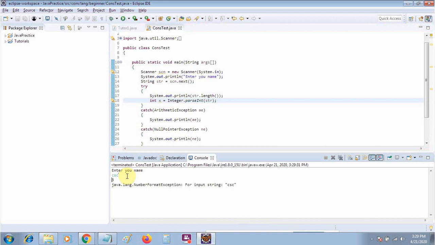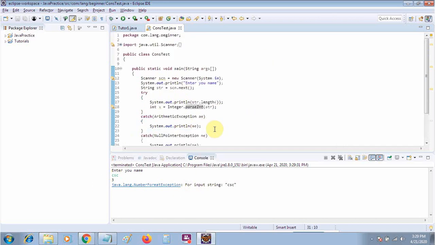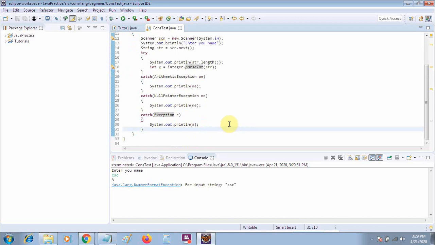You can see the appropriate exception will appear. It's not arithmetic, it's not null pointer, but all the exception classes can come under the single try. This is the most beneficial use of multiple catch blocks for multiple exceptions.